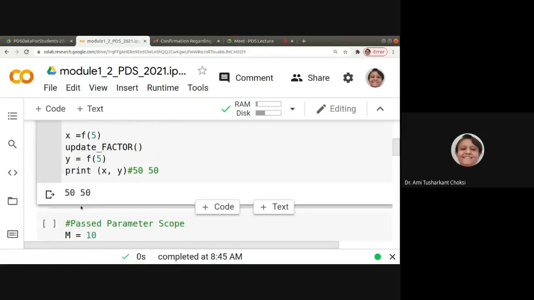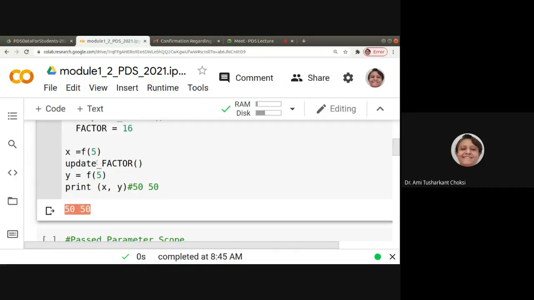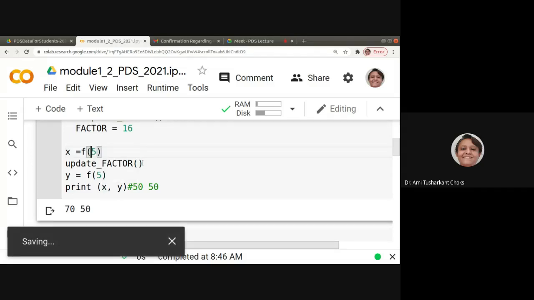We have run that, and we are getting the output as 50, 50. If you change any variable here, say you are passing something, then definitely the output will be changed, right? Typically, I have written in the comment here whatever the output is. But still, if we change it, then it will be different, right? Let me run this again. This is 70, 50 because I have changed the value here. So take care of that. You yourself can check it out because I have already shared the code with you.